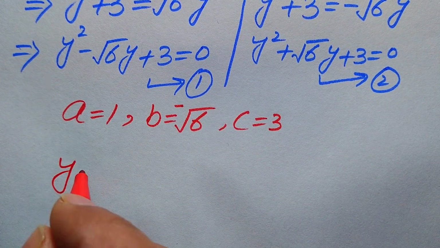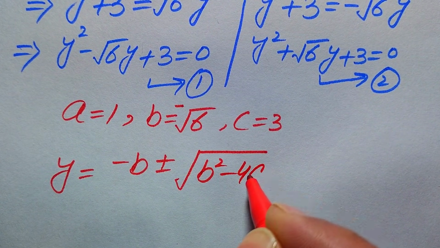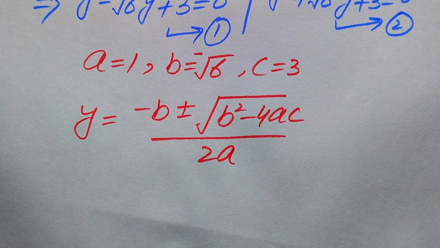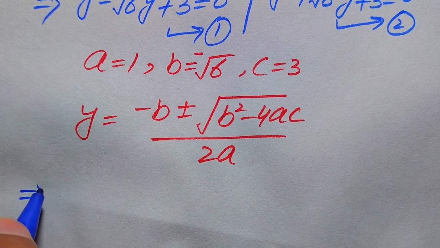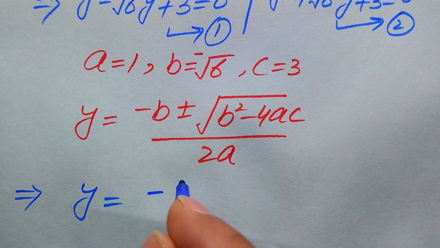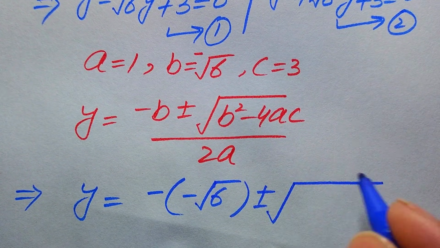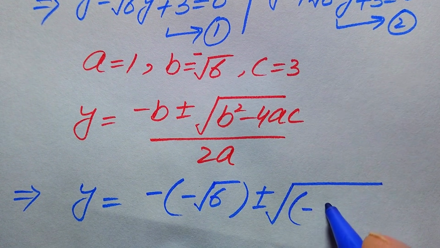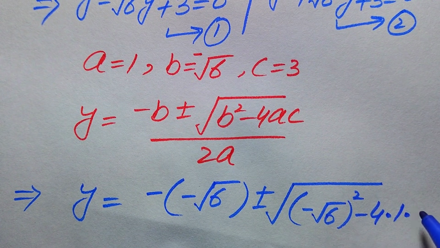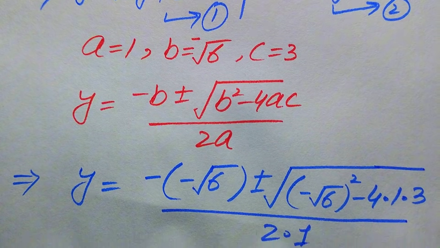And we state the quadratic formula as y equals minus b plus minus square root of b square minus 4ac, divided by 2a. So this is our quadratic formula, and here we substitute all the values of a, b and c, and it will be written as y equals minus b, the value of b is minus square root of 6, plus minus square root of b square. So the value of b is minus square root of 6 and its whole square, minus 4 times a is 1 and c is 3, and it is divided by 2 times a,